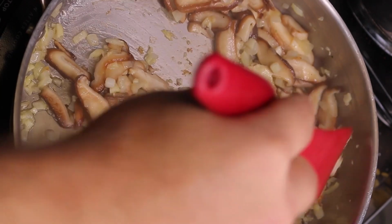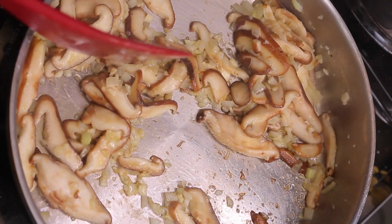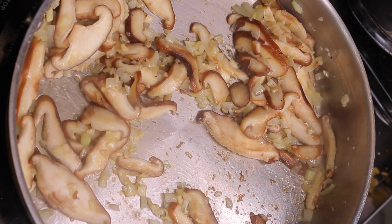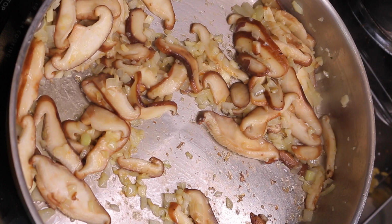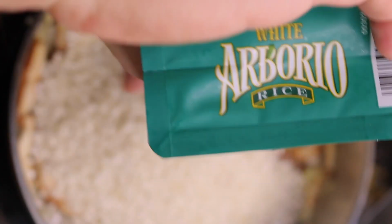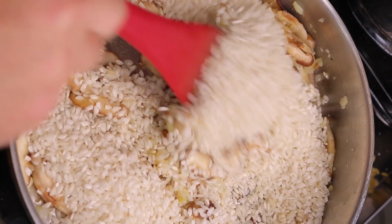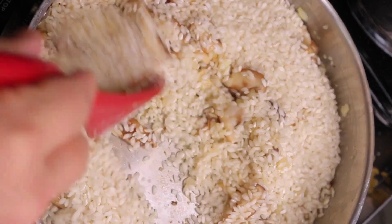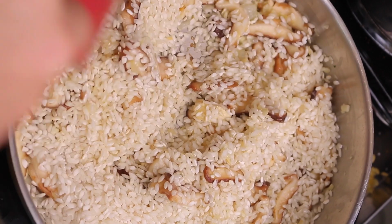Alright, so now that we have the mushrooms nice and tender and everything's smelling really, really aromatic, I'm going to go ahead and add in the rice. Basically what I want to do is I want to coat the rice with the oil and butter, and also to toast it a little bit lightly to give it some flavor